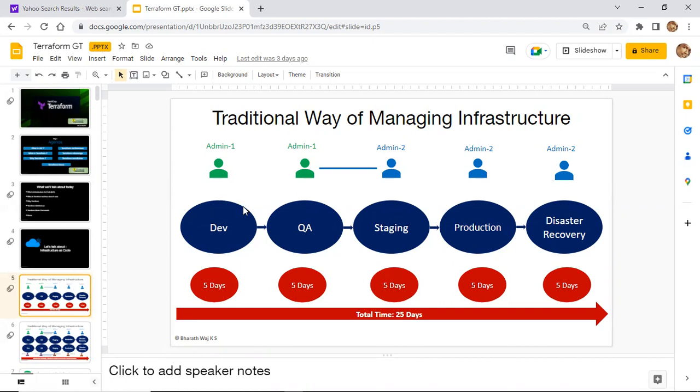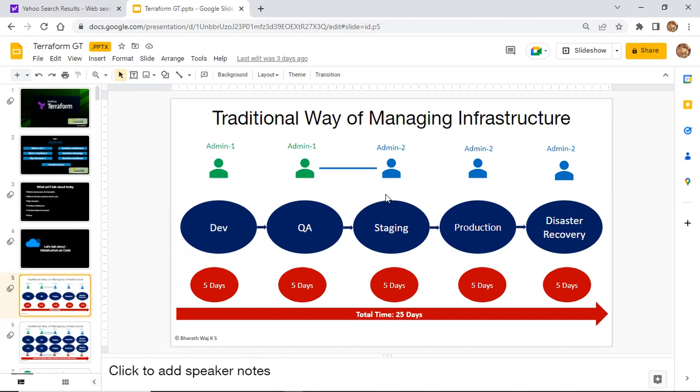To complete this environment, I create it by accessing the console, the AWS console, Azure console, or GCP. It takes 5 days for me to complete all the processes and resources, their integration and creation. The same way for QA, it takes 5 days. For staging, 5 days.